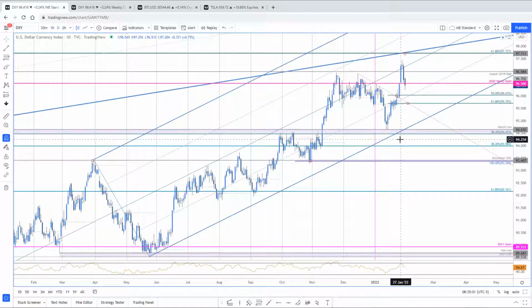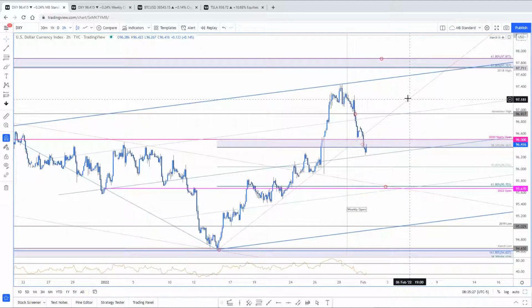96.70 is bullish invalidation, excuse me, 95.70 is bullish invalidation. That's their 618 of the yearly range thus far. That's right above the objective monthly and yearly open right here with those dots, and that's going to be key support. Anything beyond that, you're basically looking for the dollar to really start to fall apart. So where do we look on the intraday chart? Here's what the scalp looked like.